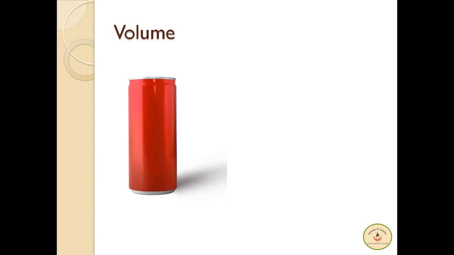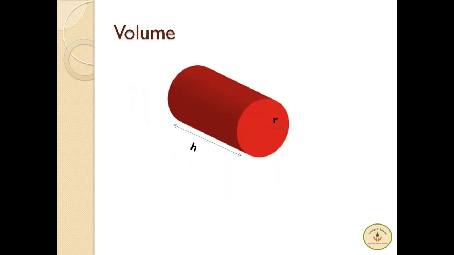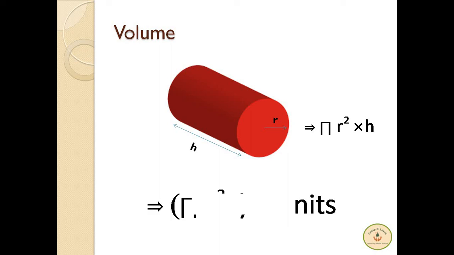Lastly, volume of a cylinder is calculated when we need to find the capacity of that particular object, like how much drink the can contains or how much coffee can be filled in the mug, etc. We need to calculate the volume in case of such situations. For a cylindrical shape, volume can be calculated as area of the base multiplied with the height, that is pi r square into h. This gives us the capacity of the cylinder. Thus, volume of cylinder would be equal to pi r square h cubic units. Remember, for volume we always use cubic units.